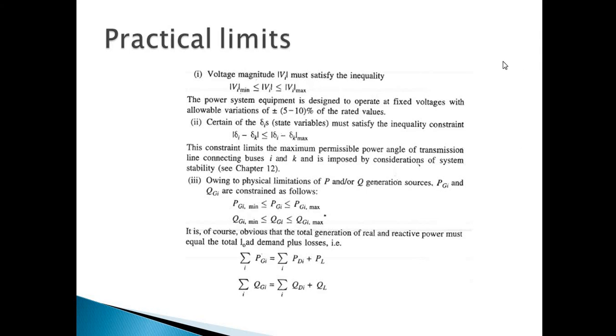Okay, so first the voltage must lie within limits. Let's say you get a solution where the voltage in one of the buses is very high or very low. That solution cannot be taken as a solution for the load flow. Before this, you need to understand how these complex equations are solved. They cannot be solved directly by an equation. They are basically solved by trial and error. In scientific terms, we call it iteration.